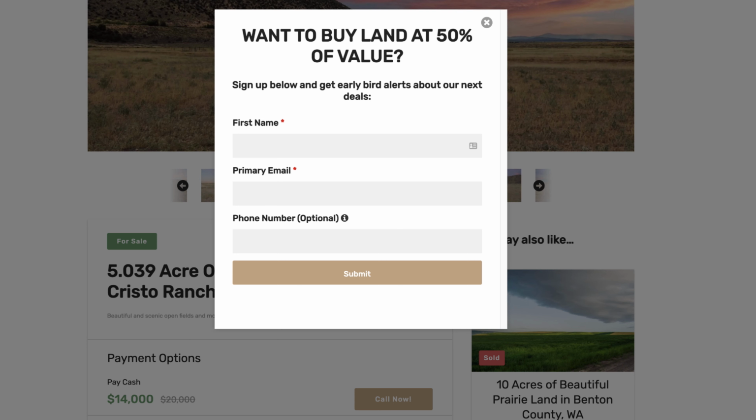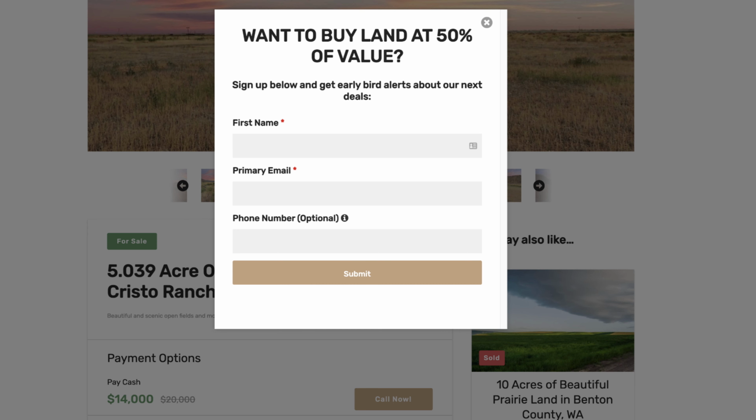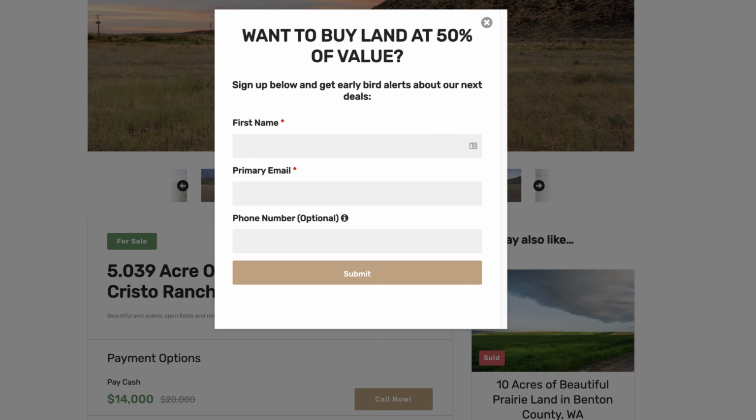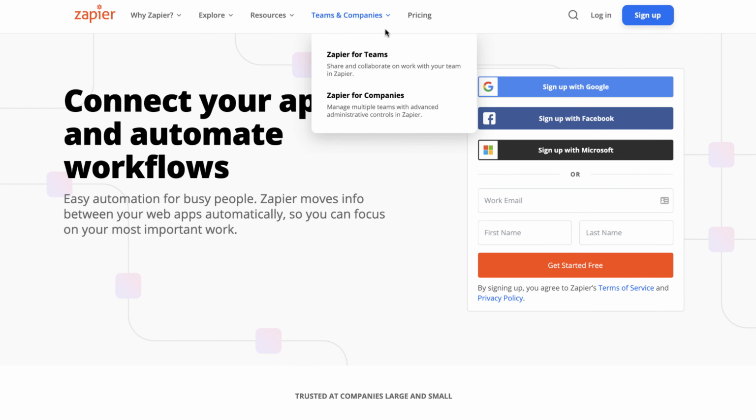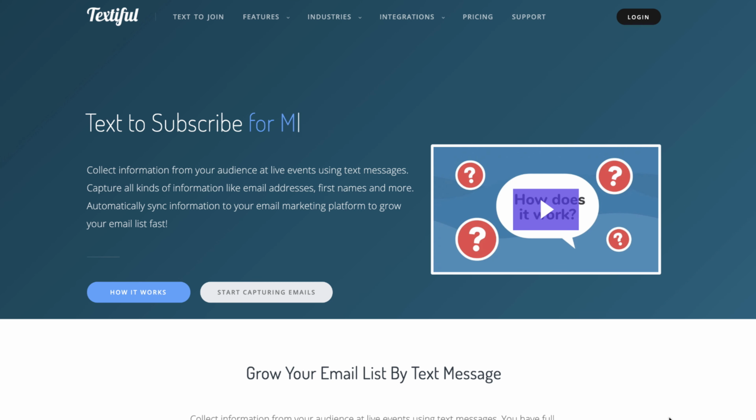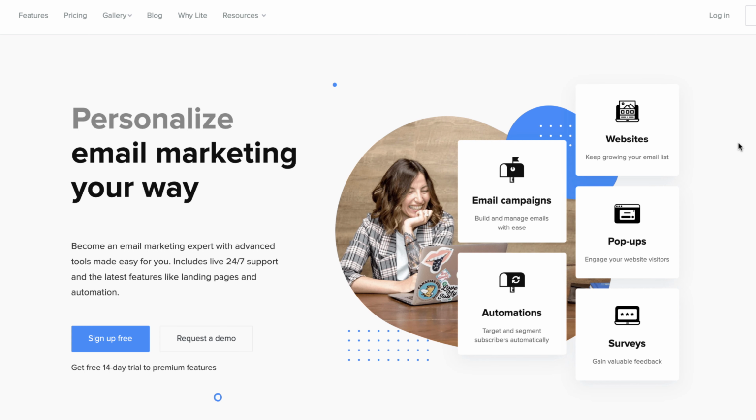And then the exact same stuff applies to this form: if you want this to be automated, you would have to get the Ninja Forms Zapier add-on, then get Zapier involved and figure out what mail service you're going to use to store those email addresses, and if you're going to ask for phone numbers, what you're going to do with those. Also keep in mind, you don't even have to use one of these services for phone or email.